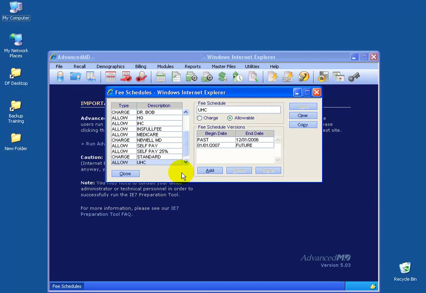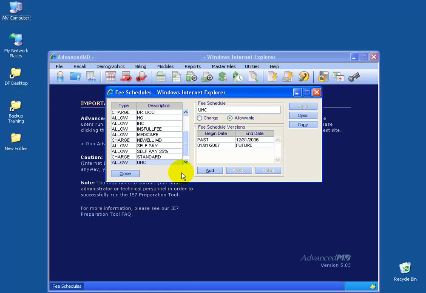You may have 2 if you're doing UB92s, and the second one will be the exact same fee schedule as the first one, except it'll have the letter F added at the end. So what this means to you is that at the beginning of each new year, you won't have to type in all the new fee schedules for Medicare. That's very nice. However, what you do want to do is keep track of the past fee schedules in case you have to rebill in the past before the new fee schedule takes effect or after